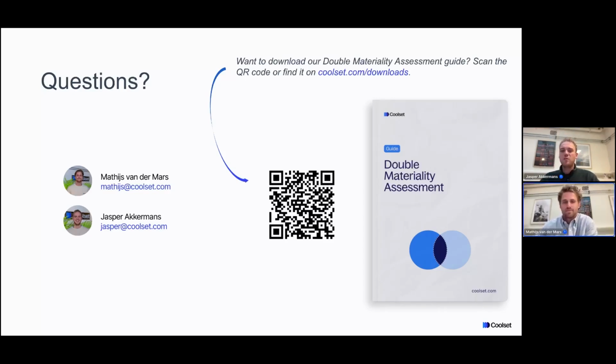Yeah, good question as well. So it is quite complex to estimate whether something is financially material. Also good to note here is that these don't have to be 100% certain. So what you can also do is work with proxy data. So you look at, for example, competitors and how they have calculated things, and you can use that, especially in the first year of reporting. It's acceptable to use it. So that's the first thing I want to note, is that you don't have to do the calculations based on hard data only.